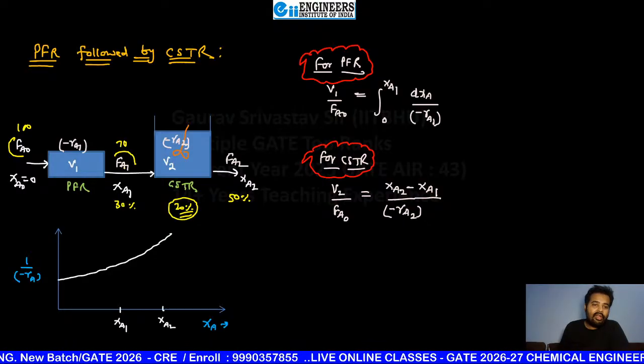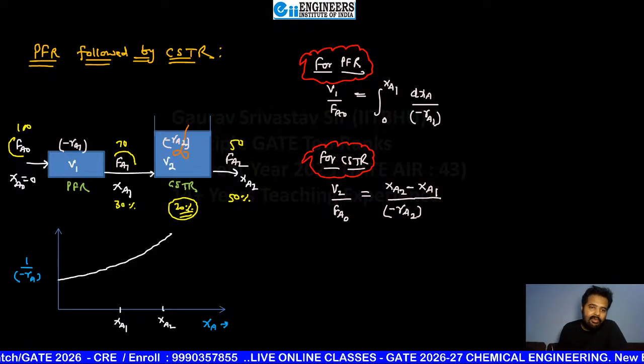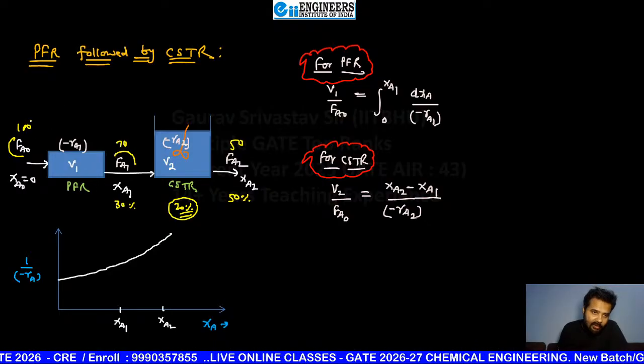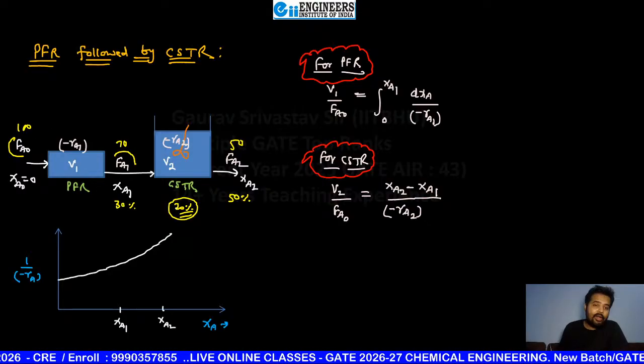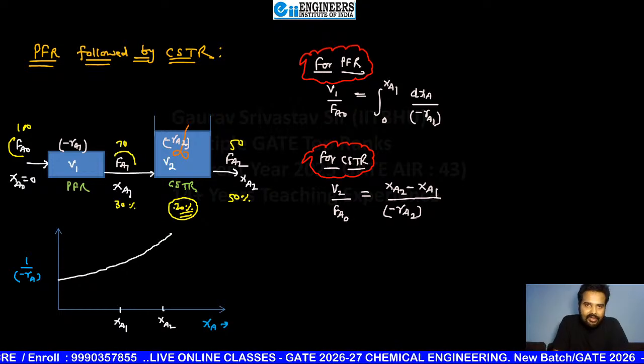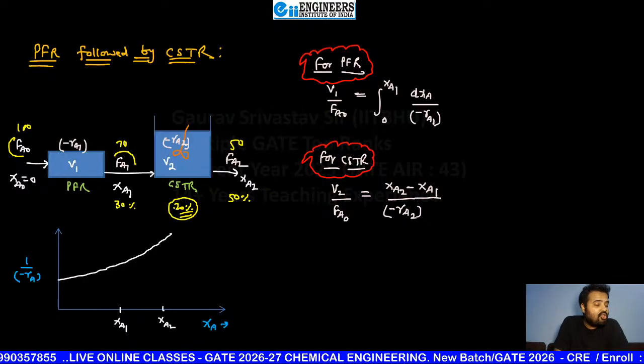Like if this is 100, 30%, so here this becomes 70. Again 50%, that means here this is not 50. So if you are writing 20% of 70, it will be 14. 14 is not converted now, 20 is converted, so it's 20% of 100 now yaar. Are you able to understand? I already told these things in my previous lecture. जब हमने आपको CRE में CSTR इन सीरीज एक बार और पढ़ाया था, नेचर इज क्यूमुलेटिव ना।